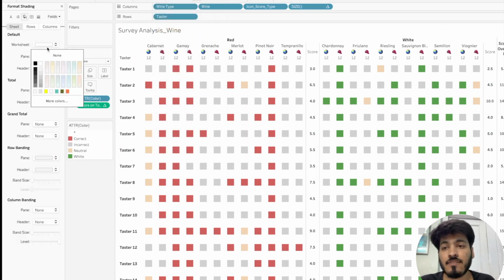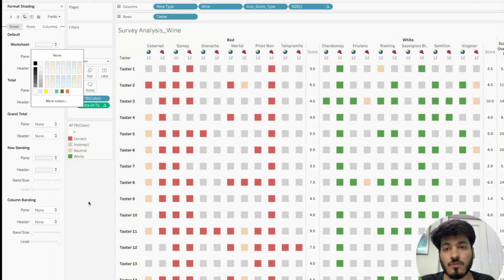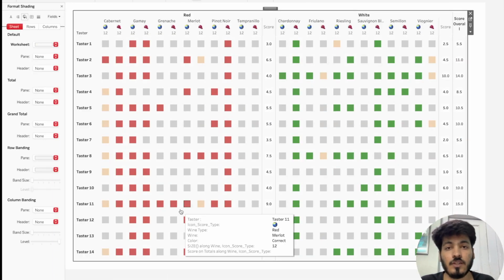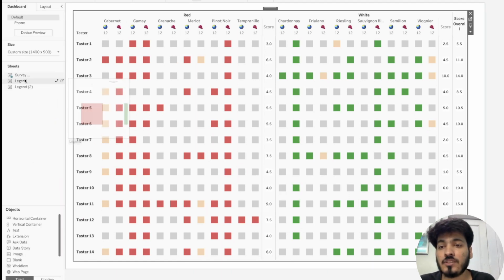So I'll just go to shading and I will just give the color as this one or this one. This one is perfect. Yeah, this one I will give. Go to this one. Perfect. It is looking perfect to me. And now what I'm going to do is I'm just going to add